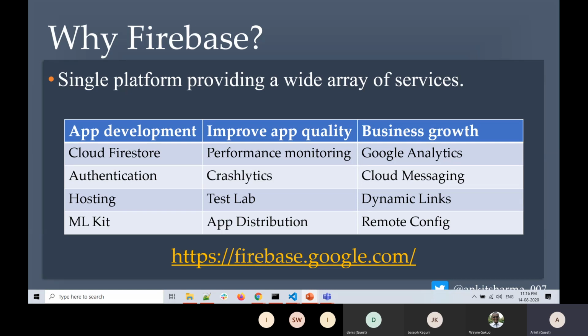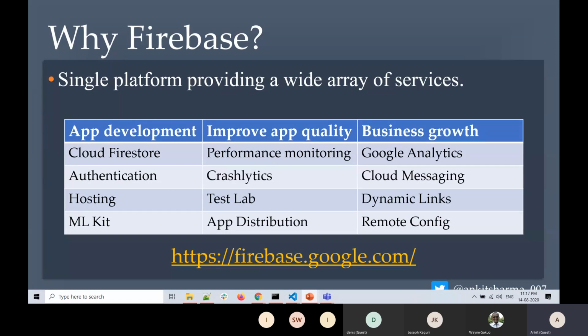But for today, in our application we will be using Google authentication. It provides you hosting also, so you can host your application on Firebase for free, and it provides you a machine learning kit also for any machine learning related things.